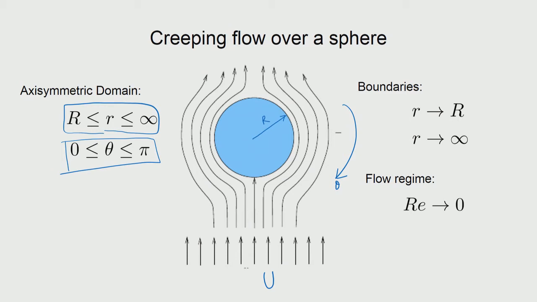Now, the boundaries are actually defined at two locations. The first is quite straightforward, it is on the surface of the sphere. And then we have also a boundary condition available at far field, that is far enough from the sphere, which is basically in the limit of the radius tending towards infinity. And the problem we are going to look at is in the regime of fluid flow where the Reynolds number is very small. This is also referred to as a creeping flow. That is, the liquid is going to follow the curve of the entire sphere very closely and does not actually separate out. That makes the problem a little easier to handle and will give us an analytical solution in the end.